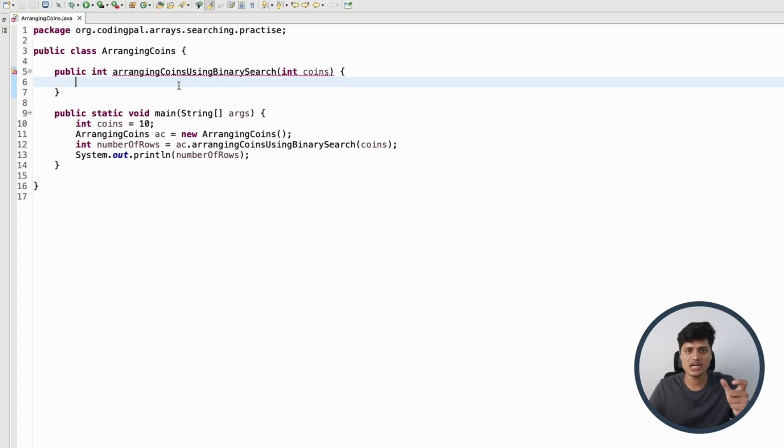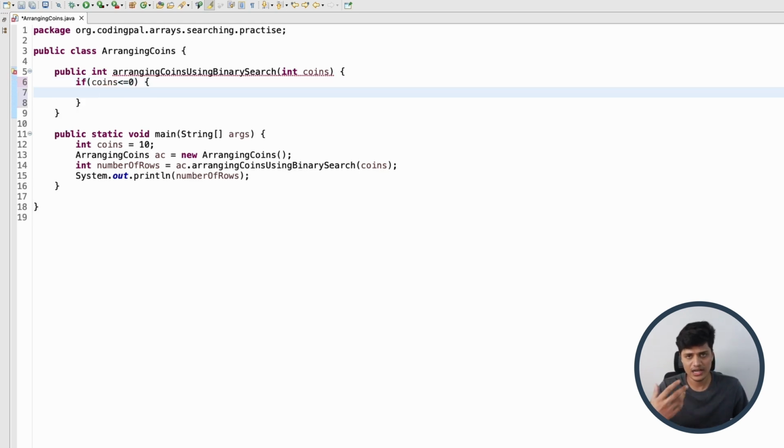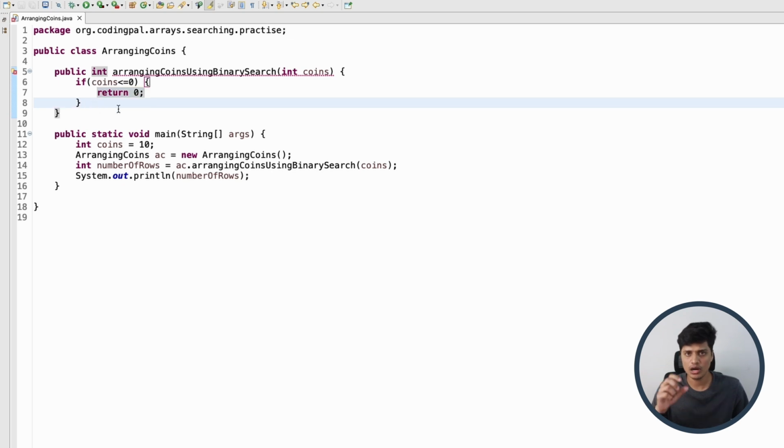Now let's quickly write the Java code for the arranging coins problem that we are discussing, using the binary search technique. As the first step, if the coins that I am getting is less than or equal to 0, usually we will not be given a negative number of coins. Usually the number of coins will always be positive, but since we are getting the value from the user, let's put that validation in place. If this is the case, I simply want to return 0 itself,